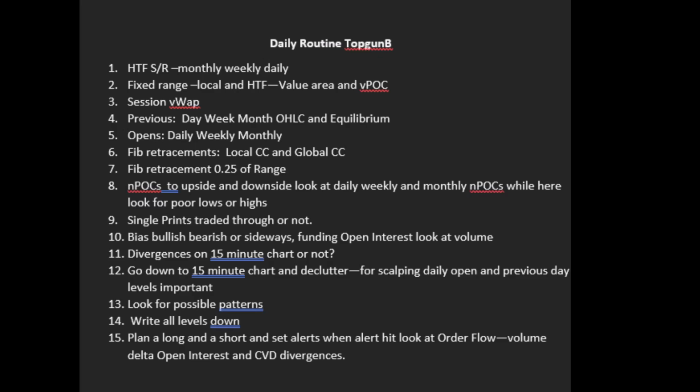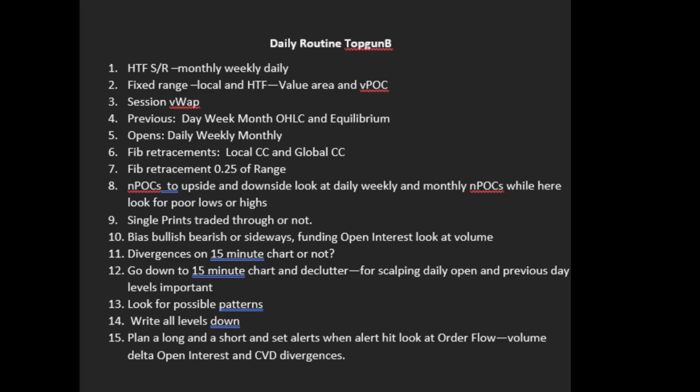I like to mark off especially the daily, but the weekly and monthly opens, and then I'll go and do fib retracements, a local one and a global one, and I'll also put in a .25 range to define my range. I'll then shoot across to ATAS and look for naked points of control, and while I'm there I'll look for poor highs and poor lows, and also just check to see where the point of control is. If there are any single prints, I'll put them into my TradingView chart,